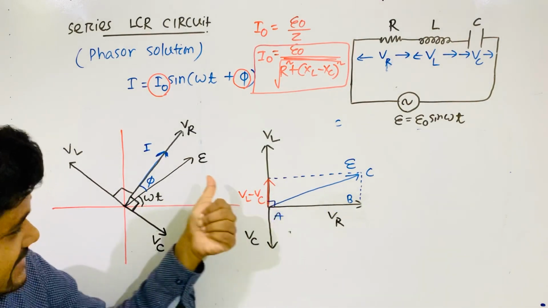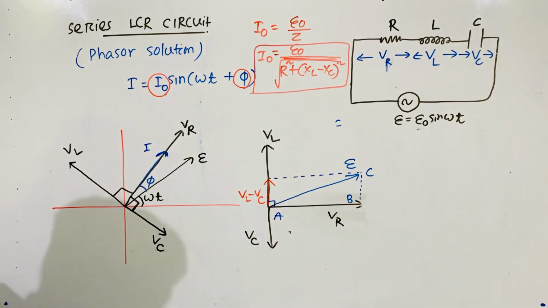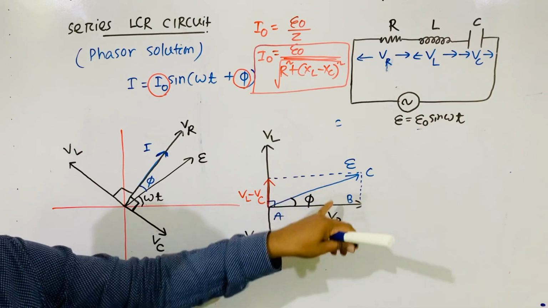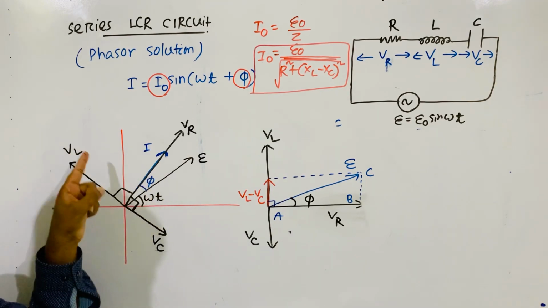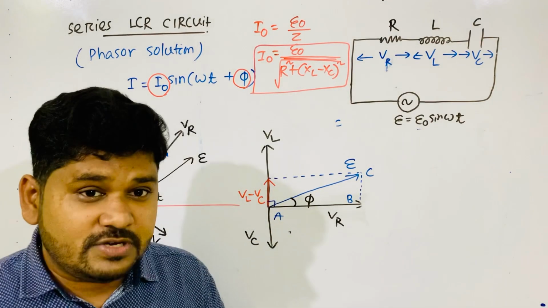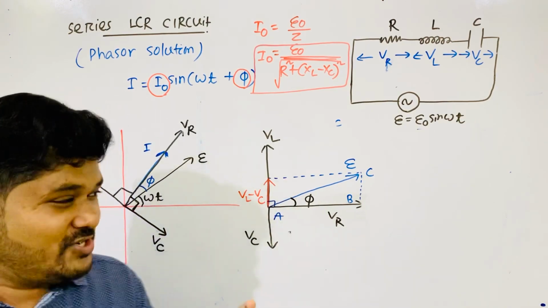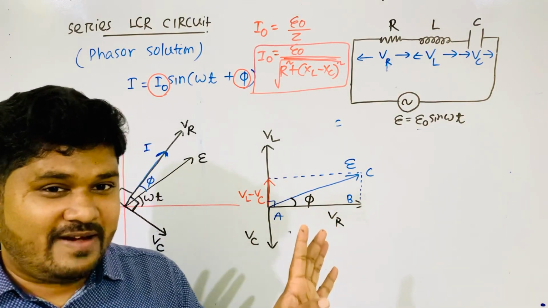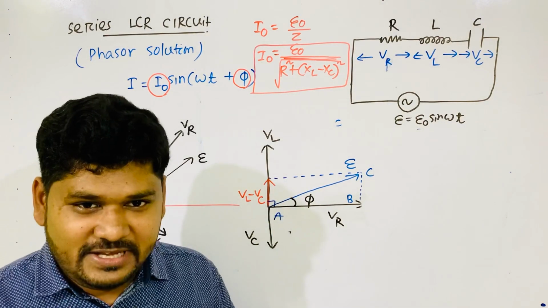Then here what is E? This E means this one. This here means this one. So here is the angle. So this is phi, between E and here. Is the doubt coming to your mind? That sir, you have drawn the phi there on the other side, why is it coming down? I had told you earlier that I don't know phi. I had just taken the phi like that, because I was unknown about that phi. I have just taken it like that. Okay? So now the phi is coming here.